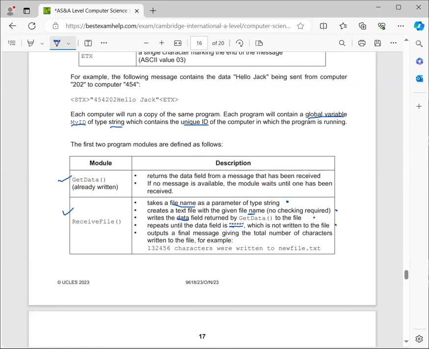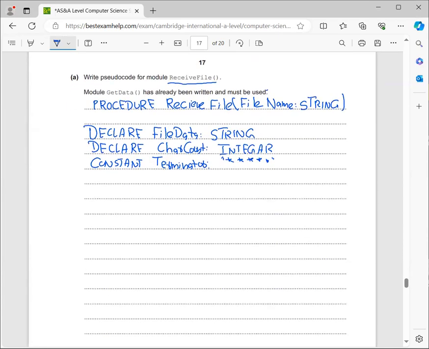Now, since this is a question on file handling, in any question that asks you to open a file and do any sort of activity on it, the first thing you need to do is open that file. So I'm going to write here: open file, whatever the name of your file is. And why are you opening that file? You are opening that file for writing, so you are opening your file in write mode. You need to write open file name for write,